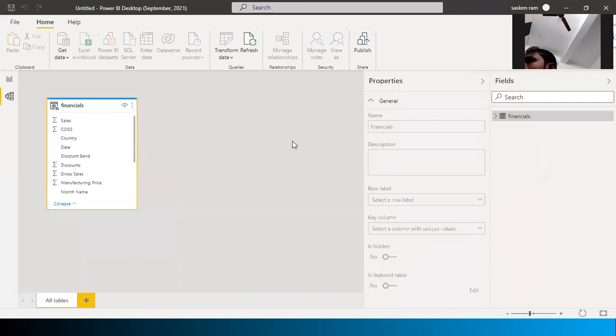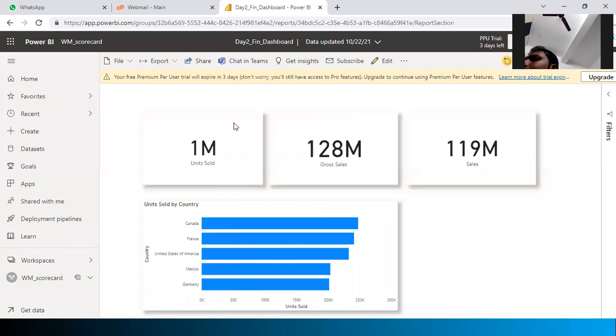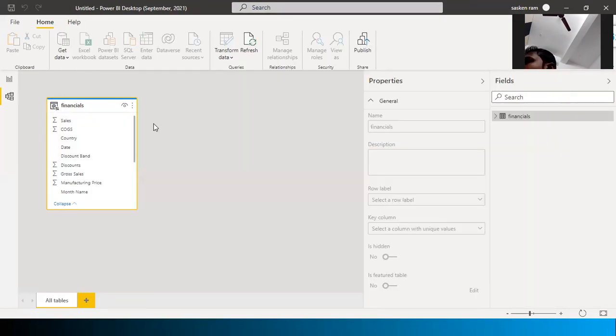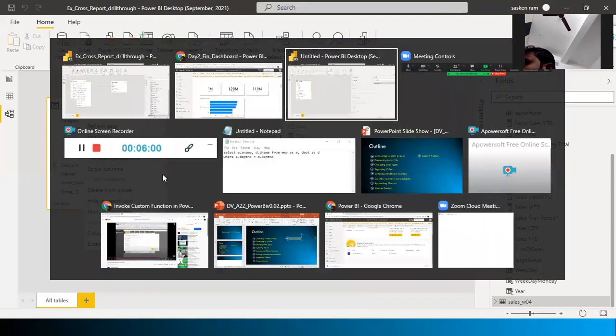The reason is they wanted to have centralized control. I don't want to allow everyone to make changes to the model. In case of any changes to the model, only one person has to do that, and then publish it on the cloud. This is my cloud. So if 5 developers are working in my project, they don't have the pain of importing the data here and creating the relationships between tables. They simply go ahead and import whatever the other person developed. You are all set. You have the data.